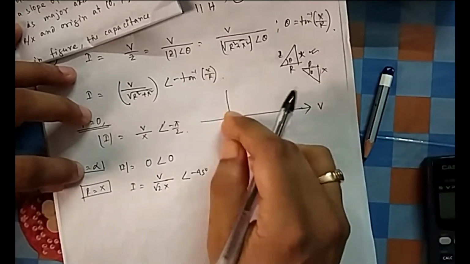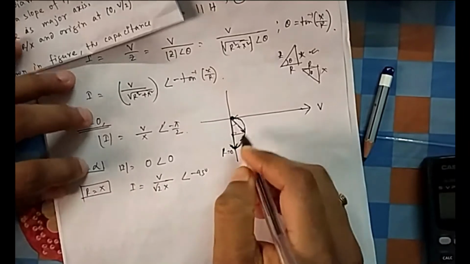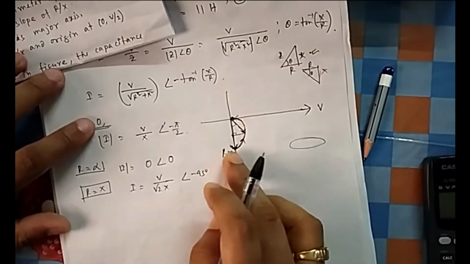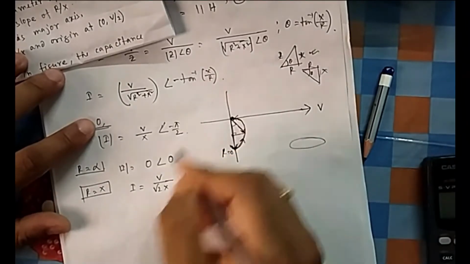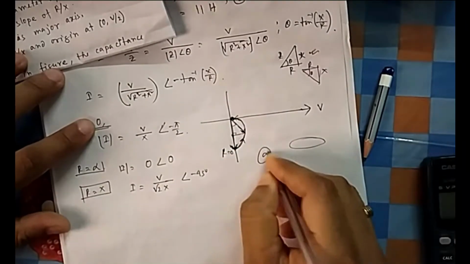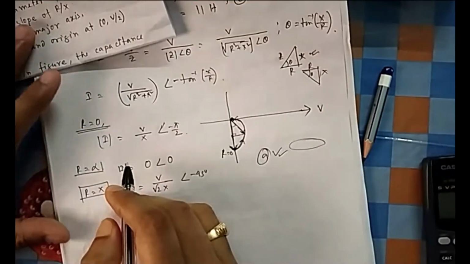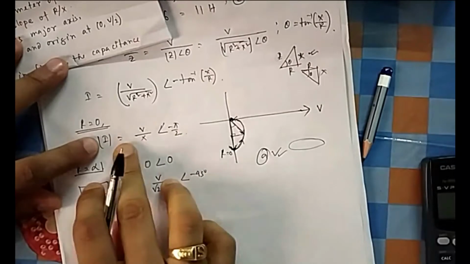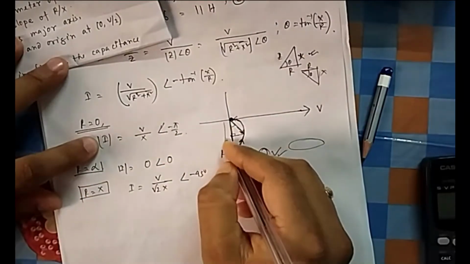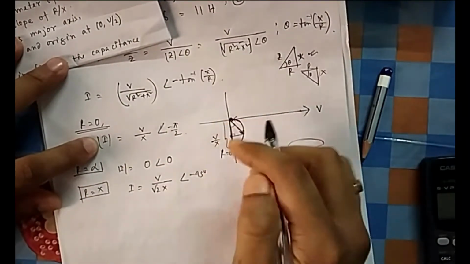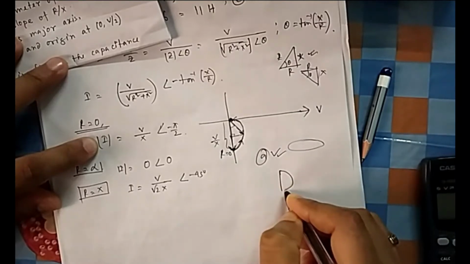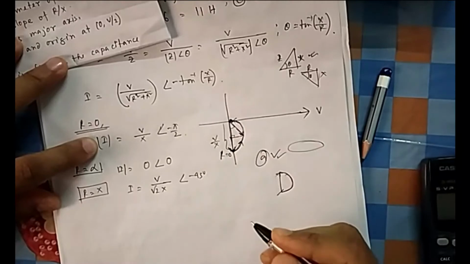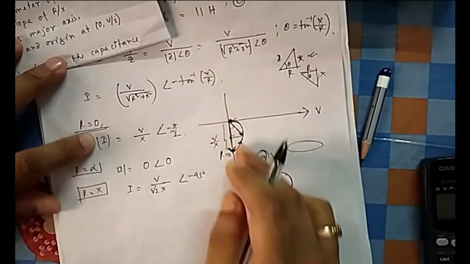So how can you think? Is it a straight line? No. Is it an ellipse? No, an ellipse looks like this. Is it a circle? No. So it is a semicircle. Yes, it is giving some shape of a semicircle. So obviously your answer is A. And you can also see the diameter is V by X. You can see what was the case for 90 degrees. It was magnitude of V by X. So this length is V by X. So this is the diameter. This is my semicircle with this diameter. What is the diameter? V by X. You can see here.